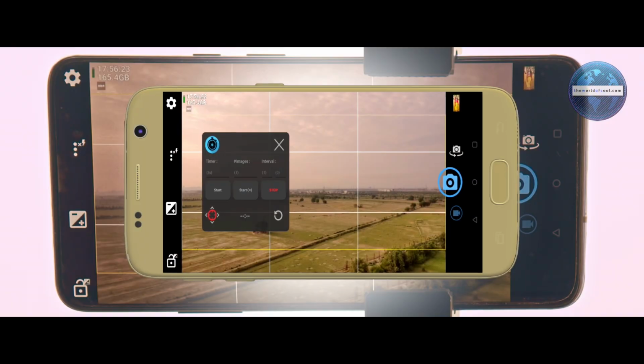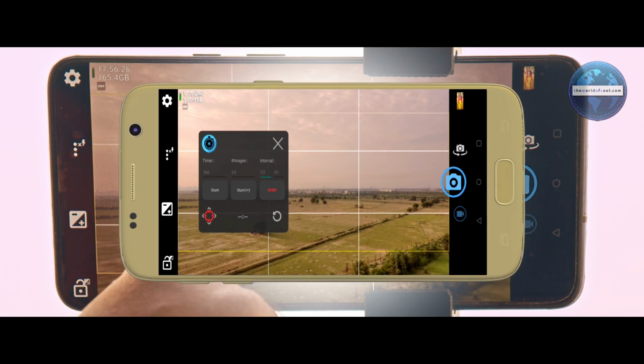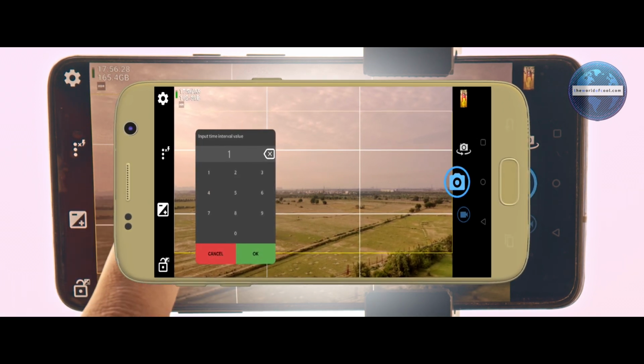Basically the point is, I'm really sorry I can't paint a rosy picture of how long you need to leave your phone be, letting it click images for an impressive time lapse. Here's my math actually. On an average, I set the interval to 15, which means a photo is clicked every 15 seconds.